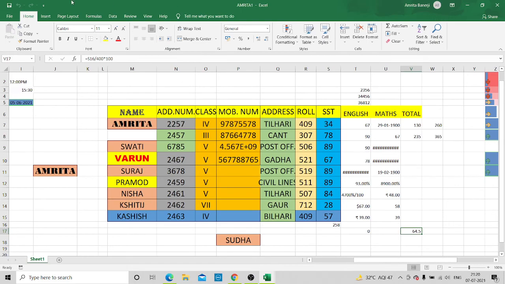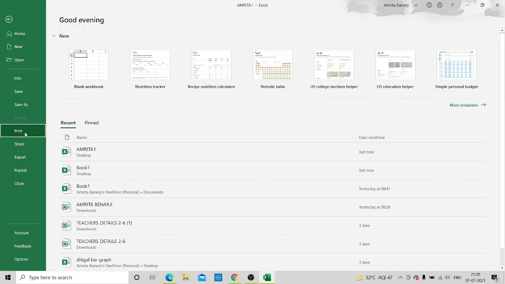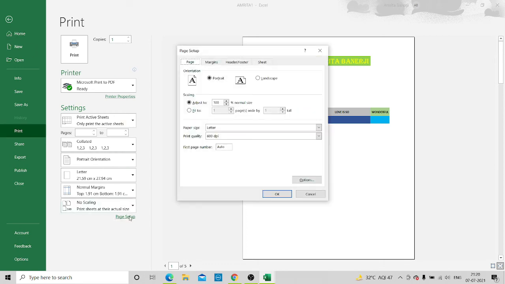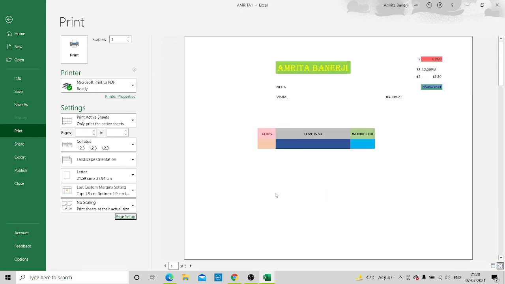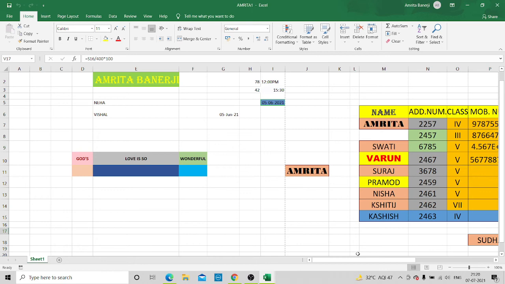Now suppose children, you need to take the printout of whatever you have typed. So where will you go? You will go to this print option. It will give you the output of how your file will look. This option is also available, but it is only showing me this much. There is some mistake. We can change the page setup, children. We can select landscape also. If we do landscape, now more data has entered, but it can show only a part of it because the sheet is very lengthy, so we are only getting this much part printed.